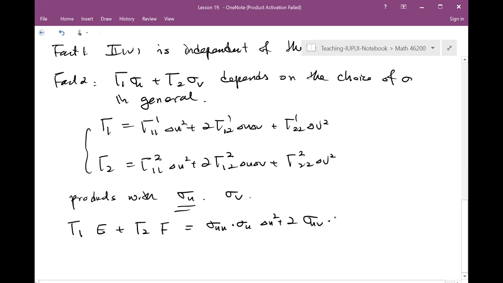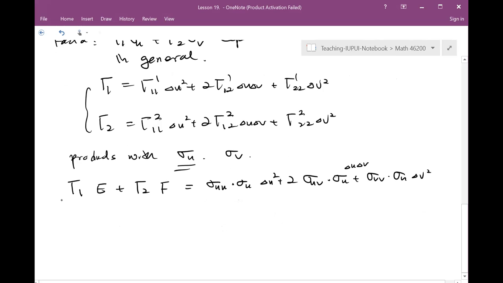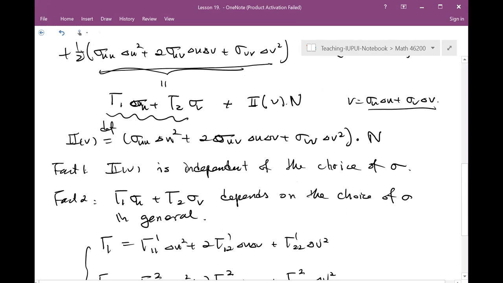So the right hand side, sigma UU times delta U squared, and so on, and sigma VV times delta V squared. Okay, and then the same identity,